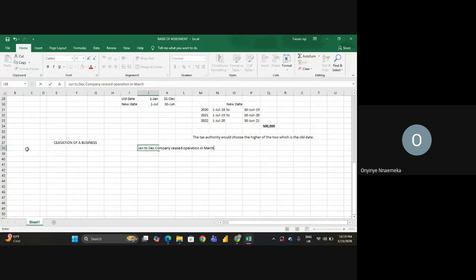So let's take it again. Our year of assessment, basis period, assessable profits. Okay, assessable profits. So now, January to December, let's make it 2025. January to December, ceased operation in March. And the rule says from the beginning of the accounting period to the date of cessation. When did the accounting period begin? It's very simple. January 1,